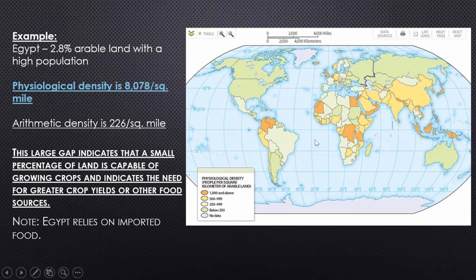And we can see some of the countries in the world that have pretty high physiological densities. So many in Asia. The United States, not so much. Australia, not so much. Okay,